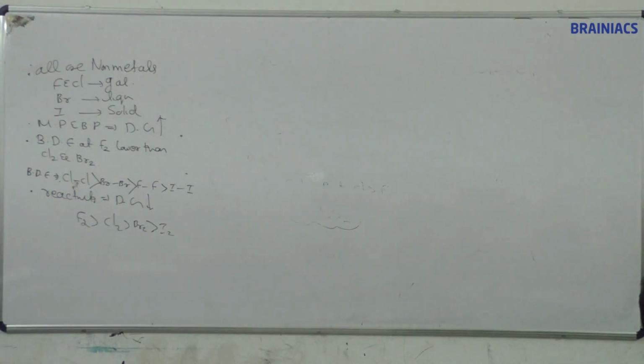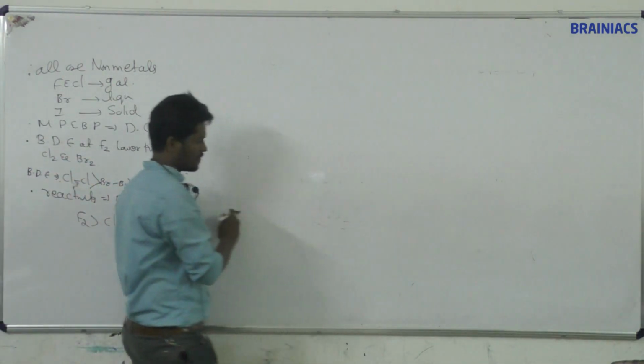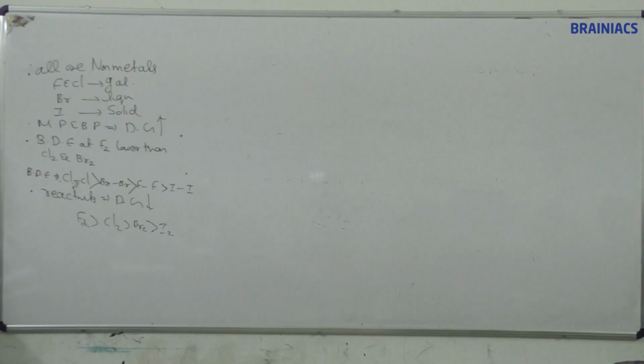Reactivity down the group decreases. Normal trends: bond dissociation energy, reactivity, melting point, boiling point, metallic character, electronegativity, ionization energy, atomic radius, electron gain enthalpy or